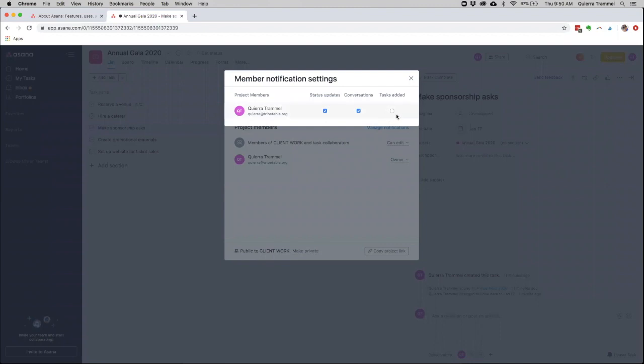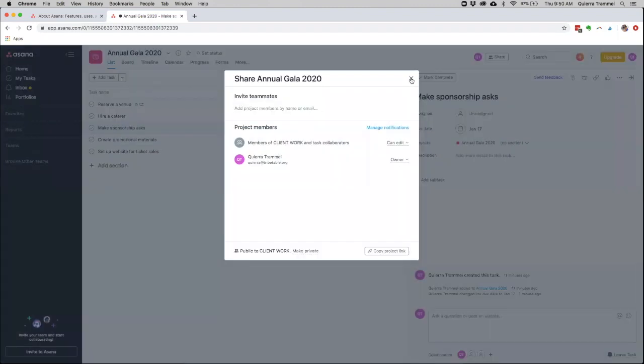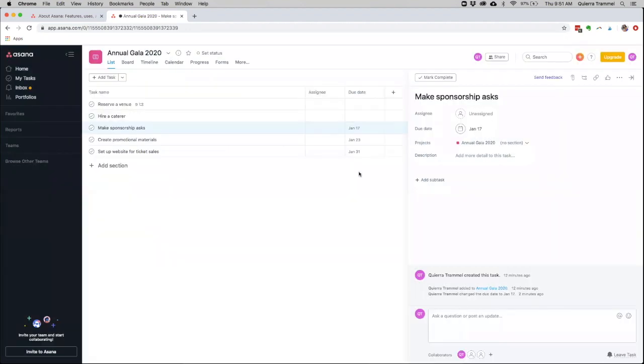And this is amazing because what this means is you are not hurting cats. Asana is automatically sending emails to people, letting them know what they're supposed to do and when. All right, so now that we have people added into the project as a whole, now you can start assigning